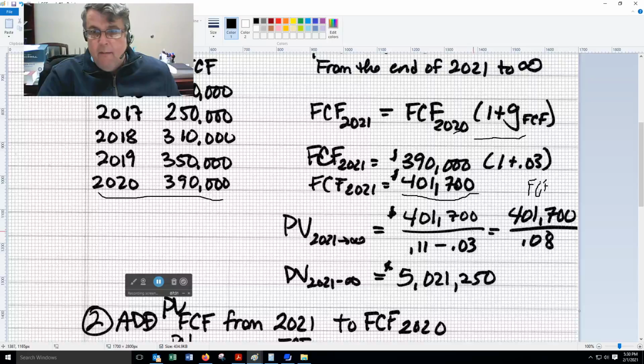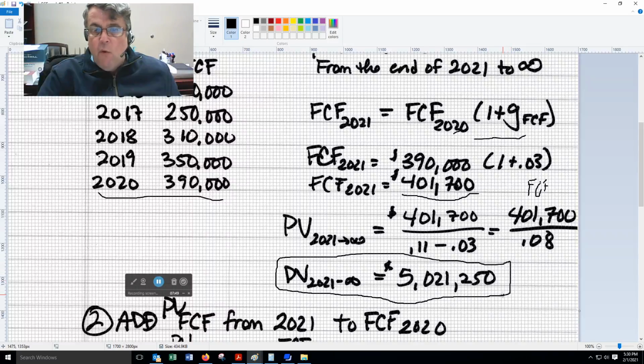That's the growth rate. And we're going to get $5,021,250. Now that is the present value of those earnings from 2021 into infinity